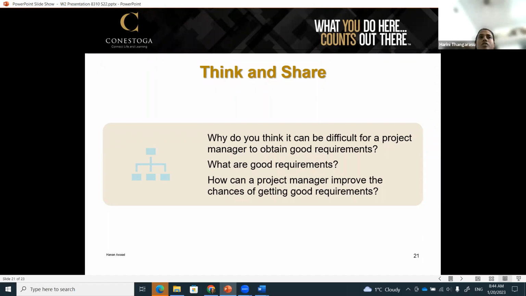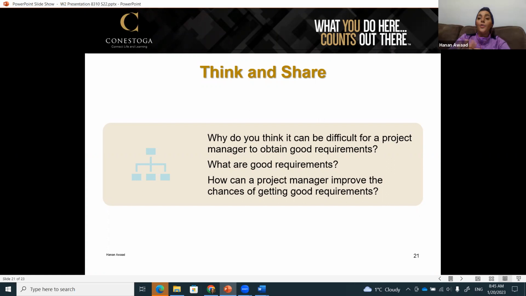I think the project manager might not have access to each and every stakeholder who has a requirement for the project. For example, a project manager cannot directly go to a customer and ask what he needs from the company. So he might depend on the marketing and sales department, where there might be some miscommunication. Yes, I like this. Miscommunication could make it difficult. Accessibility, or having access to the stakeholders, availability of stakeholders,